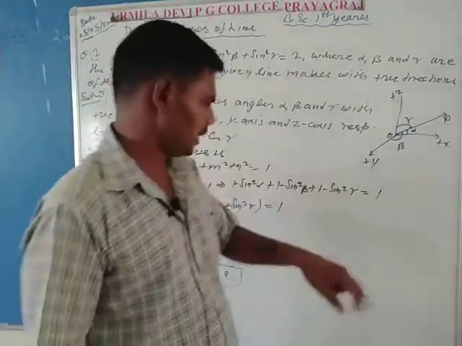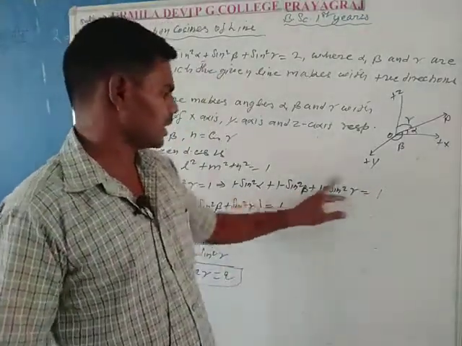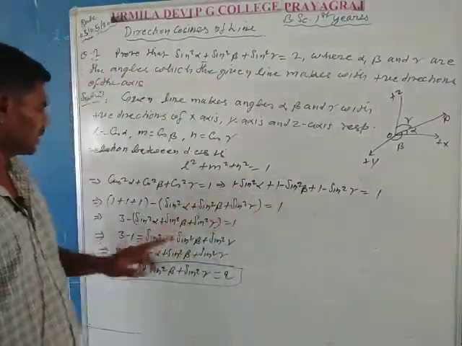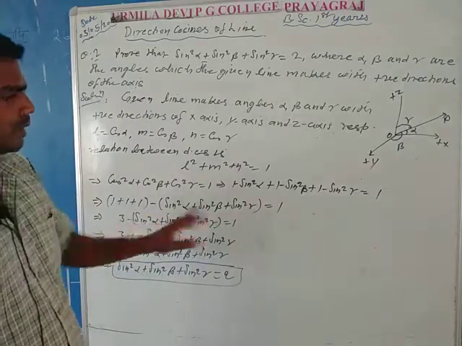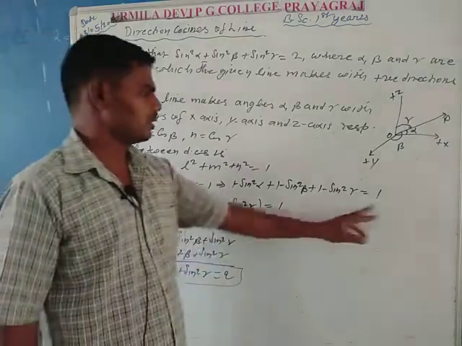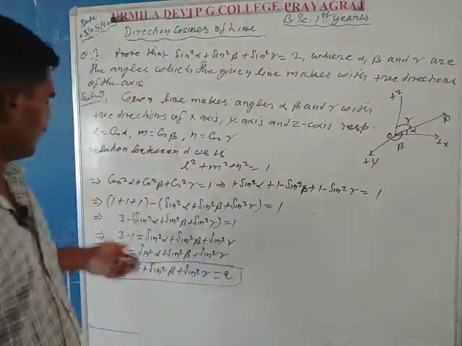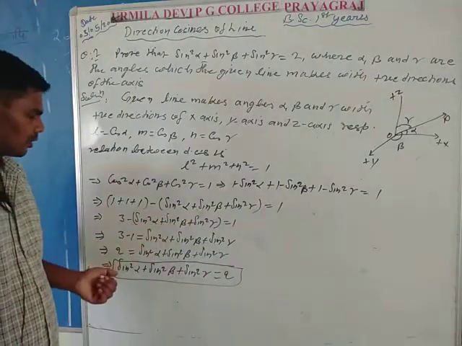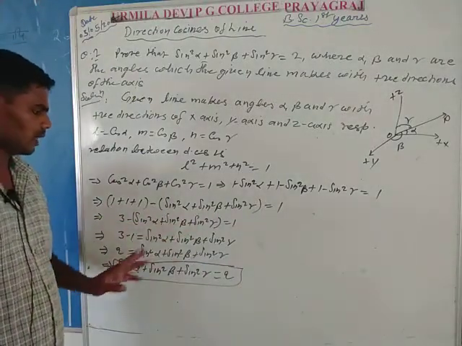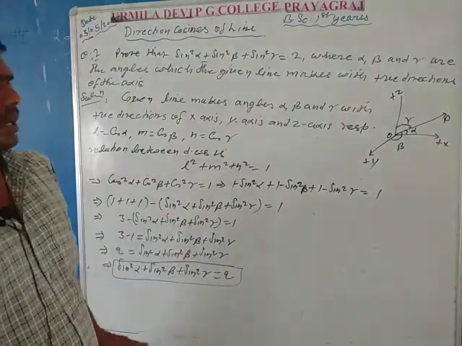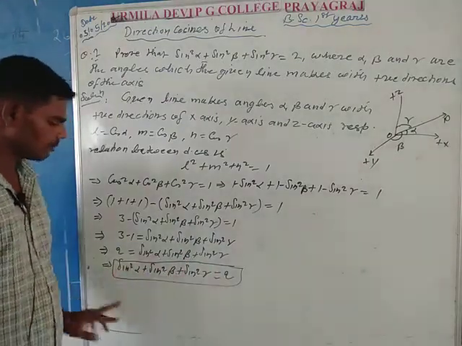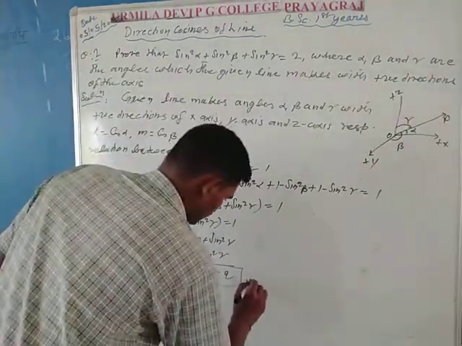This is equal to 1. Taking the simplification, we put the numerical values in one bracket and the trigonometrical terms in the second bracket. Here 1 is on the right hand side. 3 minus 1 is equal to 2, and this is equal to sin square alpha plus sin square beta plus sin square gamma is equal to 2. So this is the complete solution, hence proved.